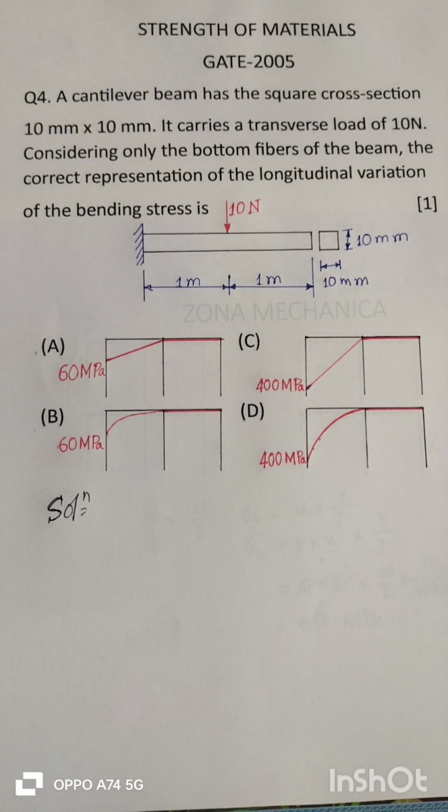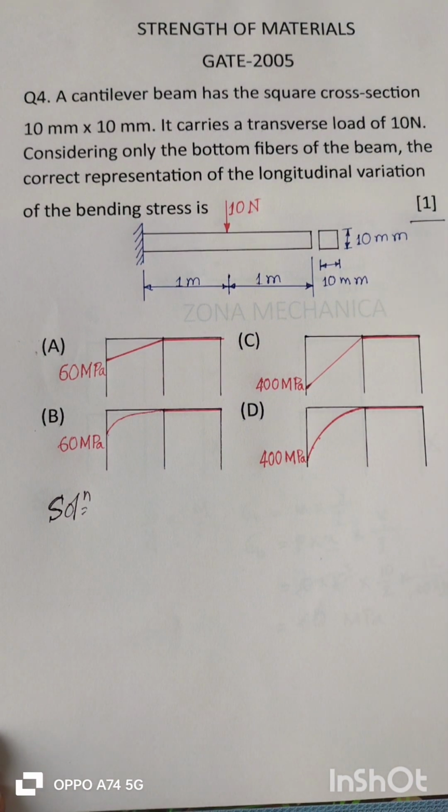There is an MCQ on bending stress. The figure at the margin indicates the weightage of the question, that is 1 mark. A cantilever beam has a square cross section of 10 mm by 10 mm. It carries a transverse load of 10 Newton. Considering only the bottom fibers of the beam, the correct representation of the longitudinal variation of the bending stress is,